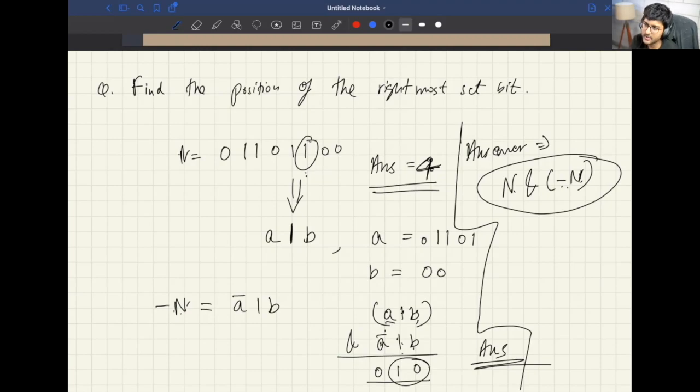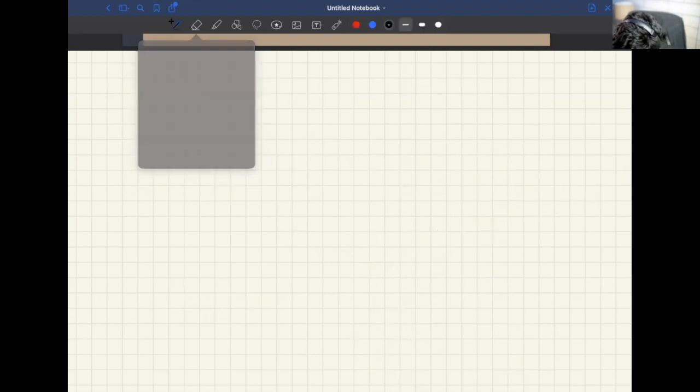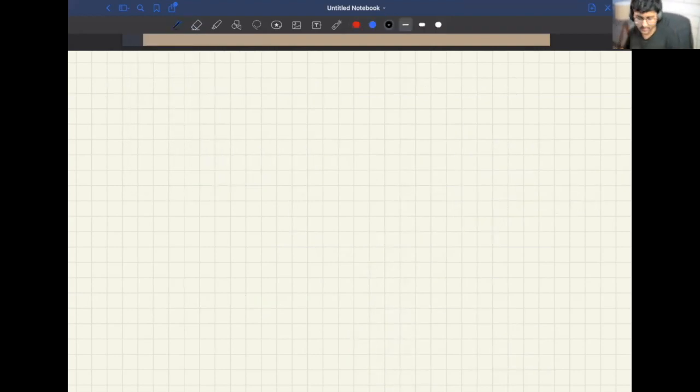Why do we do 2's complement? We do 2's complement in order to find out the negative of a number. So for others, 2's complement is basically, when you need to find a negative of a number, you do 2's complement of it. And this is a very interesting topic. Let's learn about this.